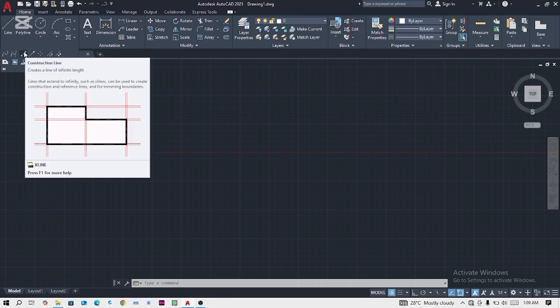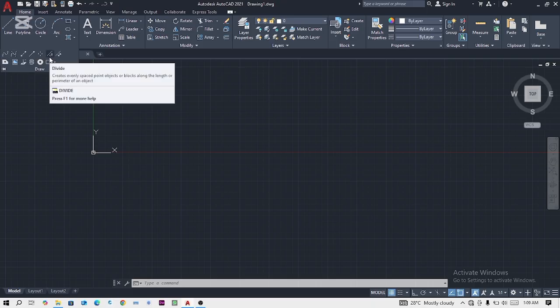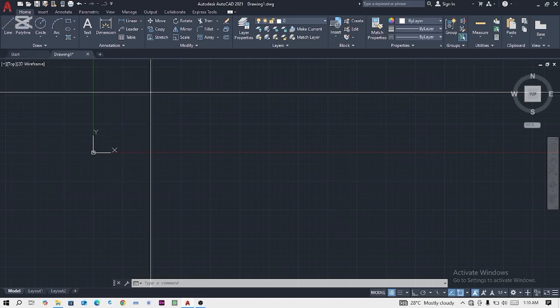If you go down, you can see other tools: construction line, you can see your spline CV, spline fit. All these are tools for your AutoCAD drafting. With time, we are going to go really deep into it to know their functions and how to use them. Okay, now